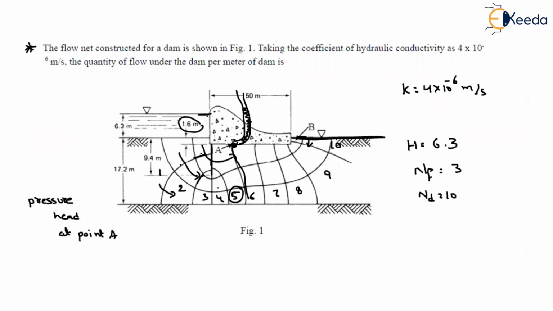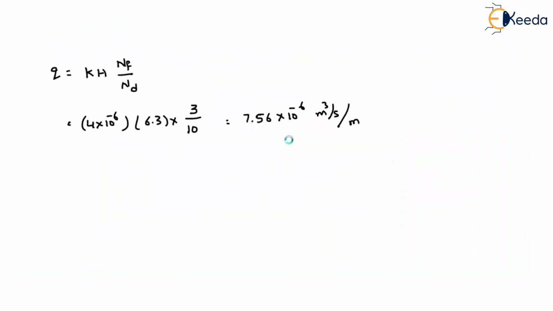Right? Move on to the next. If the sheet pile was provided at the downstream side instead of the upstream side, as shown in the figure, what would the factor of safety against piping be? As you can see here, the sheet pile is provided at the upstream side. Instead of that, if you provide the sheet pile at the downstream side, it is obvious that the length of the drainage path will increase and your factor of safety will increase, right?